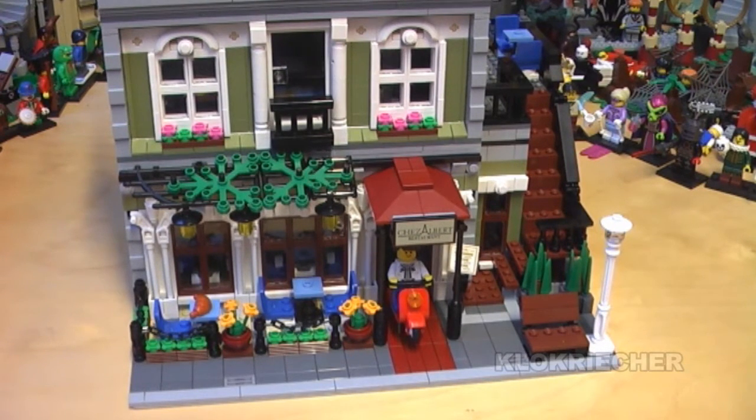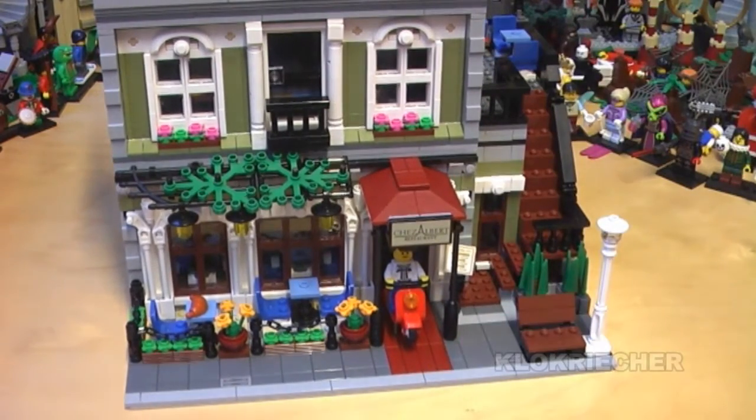Probably before Comic-Con, or maybe a toy fair. We'll hear about the first details of that news, of the new modular. But that's just a little bit too far away. I mean, it's the 18th of January, the day when I'm filming this set right now. So yeah, as of the time of this video, we don't have any information on the new modular just yet. So we have to wait maybe until February to get the information about the next modular when the toy fair is starting. Maybe we will have some press releases there about the new modulars. I hope so, but I also hope that this will come soon enough and that this is going to be